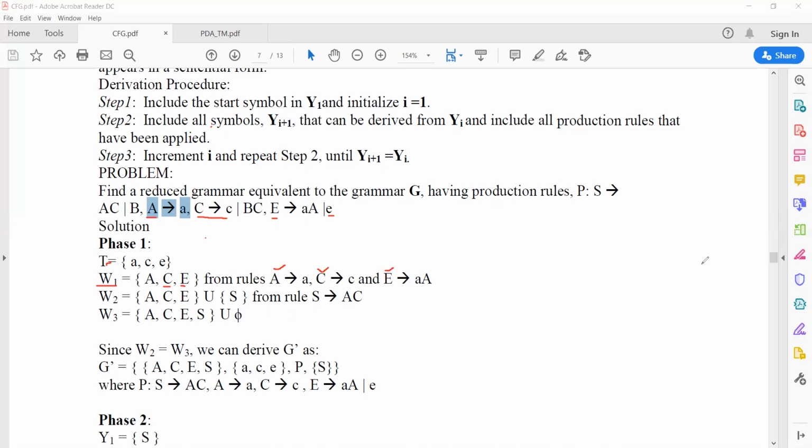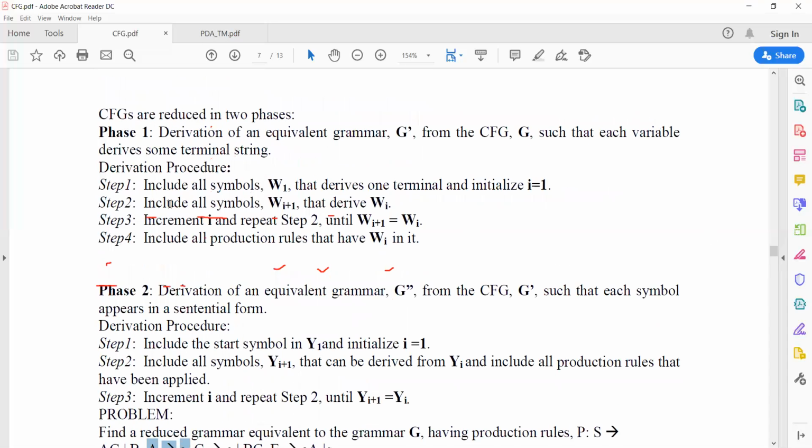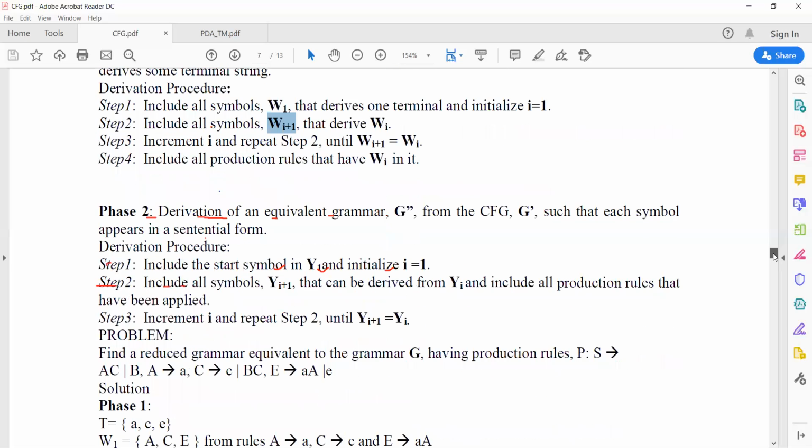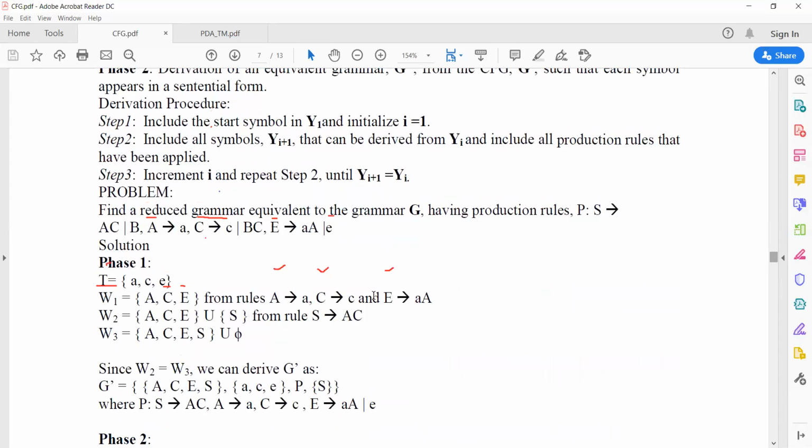Now I will continue with step 2, including other symbols. Basically, symbol means non-terminal. When I include that, I equals I plus 1, so as I equals 1 it becomes W2. W2 is basically the union of W1 and the new symbol, and the new symbol is S. Can S produce a terminal?